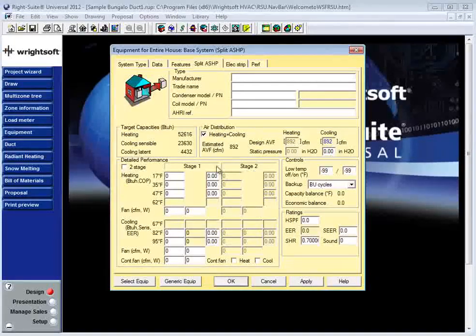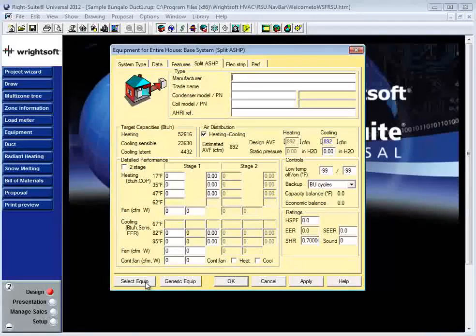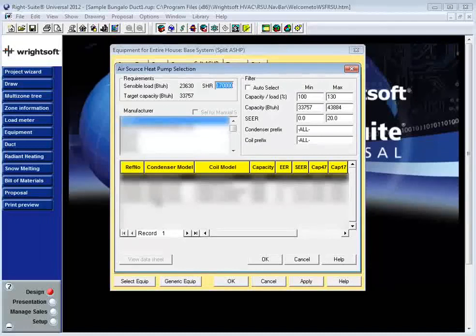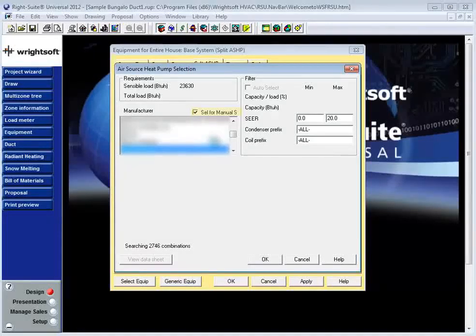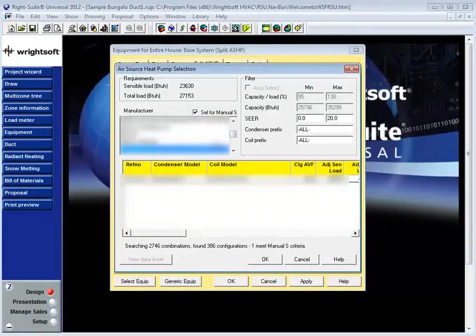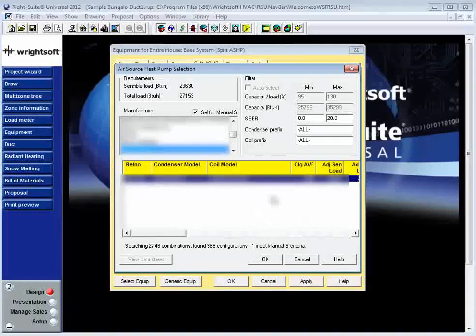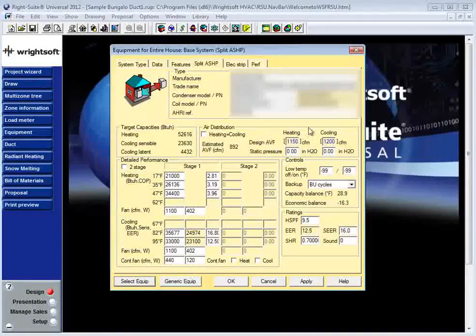If you're using Wrightsoft to select your equipment using the Select Equipment option here in the bottom left-hand corner, there might be some additional information provided about the airflow capabilities of your system. For example, if you're selecting equipment from one of the manufacturers that Wrightsoft has Manual S data for, and you choose the option that says Select for Manual S, the equipment available on the list will be sized at a particular air volume, meaning that the design CFM listed here, and therefore the design CFM listed on this page here,